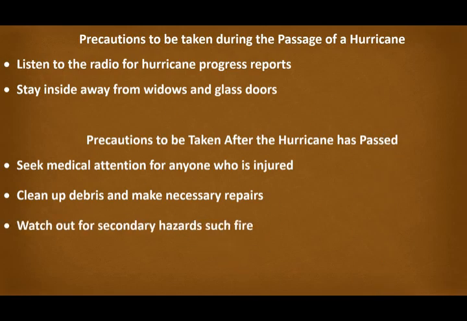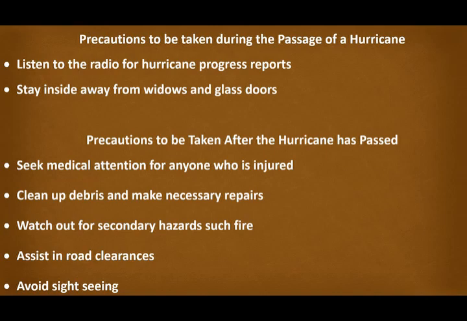Make sure you check to see if there are any potential secondary hazards, like, for example, gashing of your electrical cords, or anything like that that can cause damage or fire. And if possible, assist in the clearance of your community roads and avoid sightseeing, because sometimes you may go sightseeing and end up putting yourself in danger.